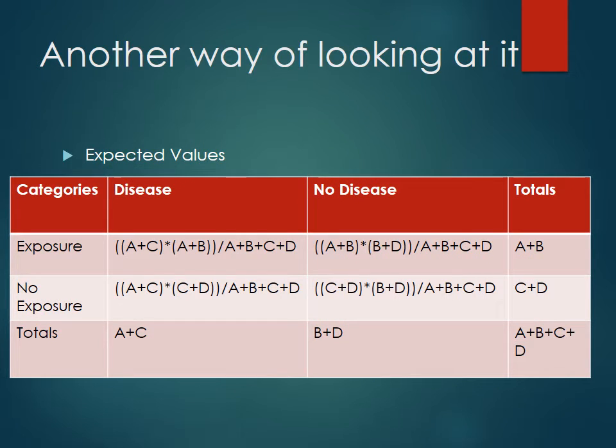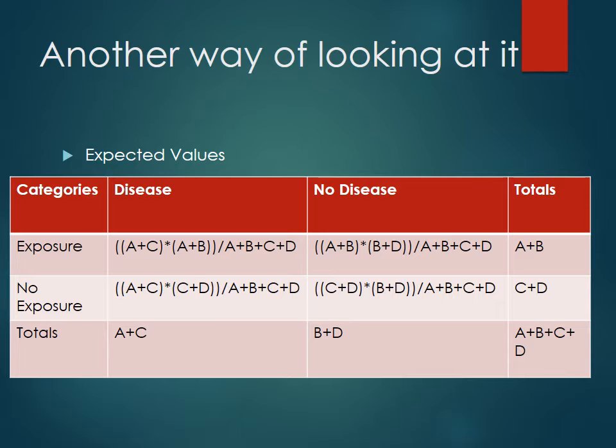The way you actually calculate those expected frequencies, if you were to just have the table that we had before, and again, this looks confusing, but essentially all you're doing is multiplying your totals columns and then dividing it by the absolute total, right? So you take the category of people with exposure that had the disease. To get that expected frequency, you would just take your totals of A plus C times A plus B, and then divide that whole thing by the entire total number of observations you had,